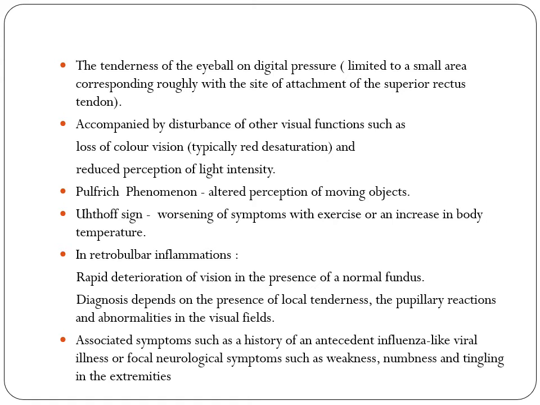You have to show 2 bottles to the patient, with a red cap. The red cap bottle should be shown, and the patient has to compare how the red appears in the affected eye and in the unaffected eye. The patient will complain that the affected eye sees the red in a diluted or desaturated form. This is known as red desaturation as compared to the normal eye. And there is a reduced perception of light intensity.